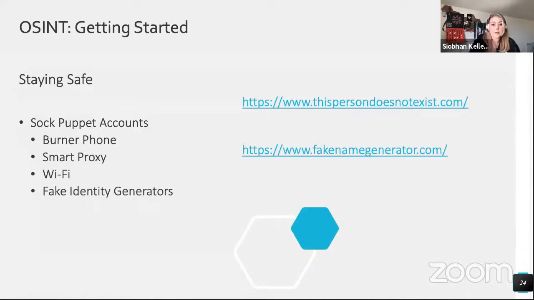When you're making a SOC, unless you're doing a long-term investigation that involves a lot of recon, you don't need to put a lot of effort into your SOC. You'll need to generate a name and a picture for your profile. This Person Does Not Exist is a great site to snag a fake picture from, but you will want to edit it just a little bit because all of them have the same tell. And if someone's looking for a SOC, they'll notice it right away. You can also use a fake name generator or just something that doesn't tie back to you.